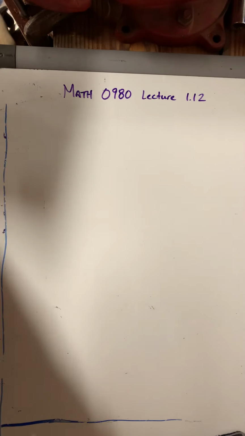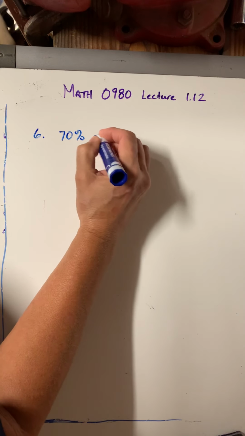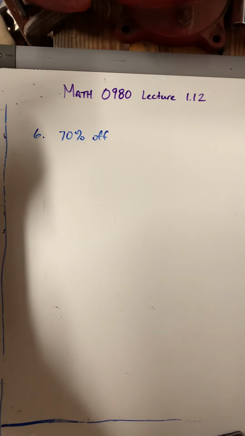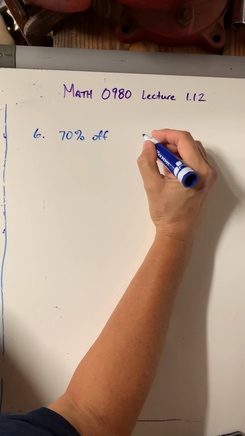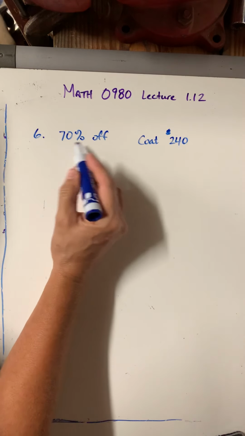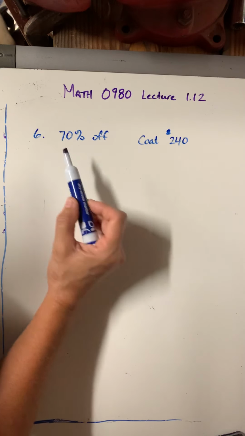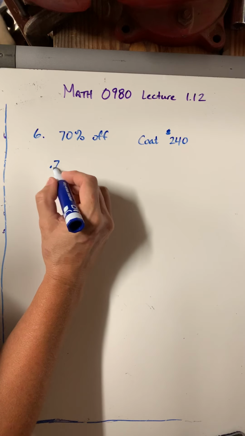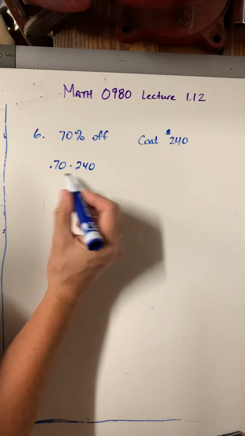Okay, number 6 says, a 70% off sale begins today at Wanda's Women's Wear. What is the sale price of women's wool coats normally priced at $240? So if I have a coat that's normally priced at $240 and it's 70% off, there are 2 ways I can do this. I can do it the long way, which is what is 70% of $240? So 70% of 240 would give me some number,